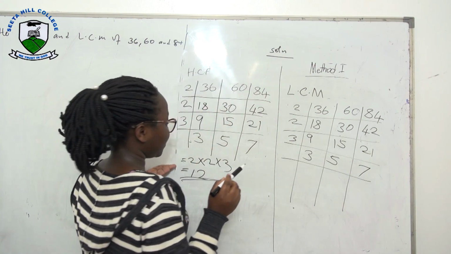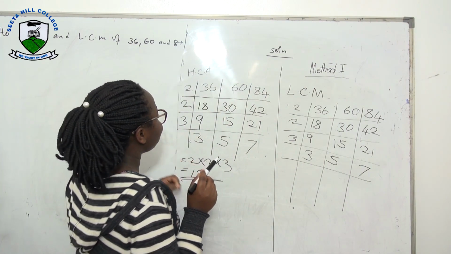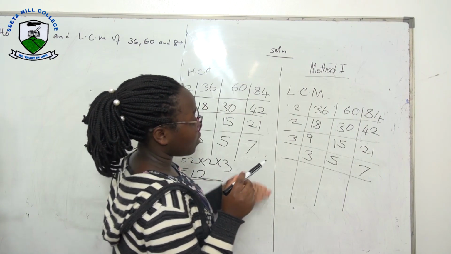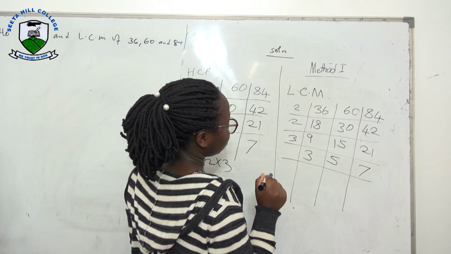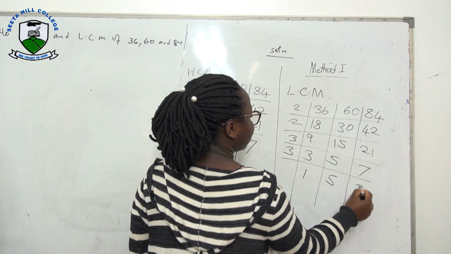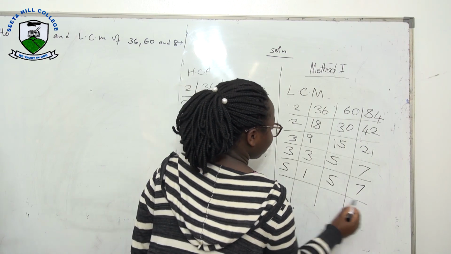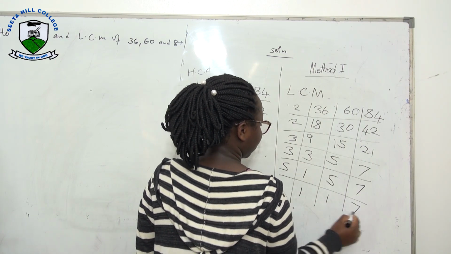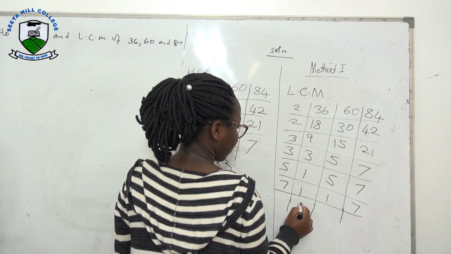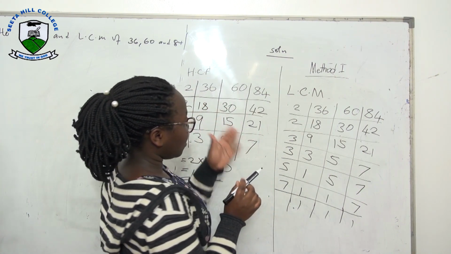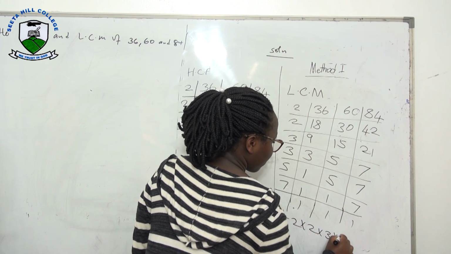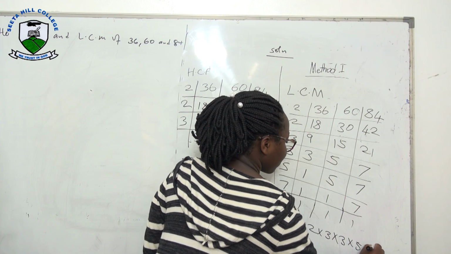This is going to differ from the HCF just slightly, because there we ended on the factors that won't leave any remainder, but here we continue until we get 1 as our last digit. So we go by 3, it will remain 5 and 7. By 5, 1, 1, then 7. Then by 7. So we shall now multiply 2 times 2 times 3 times 2 times 5 times 7 to give us